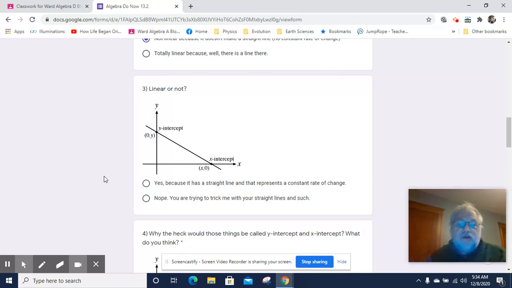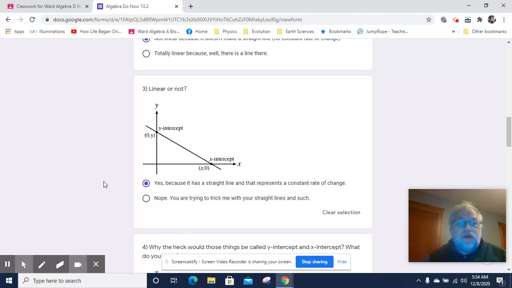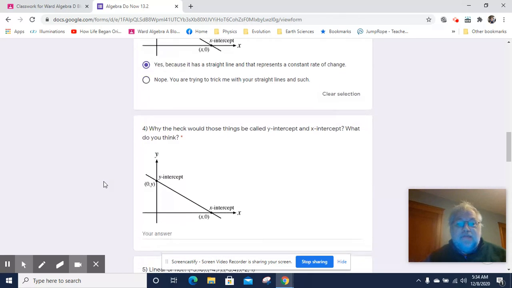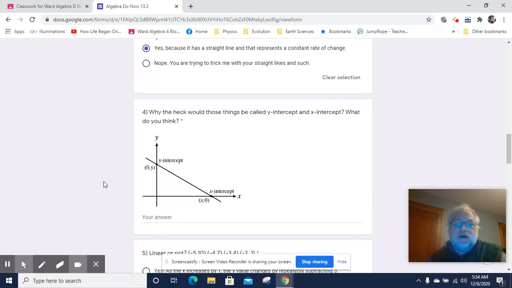Okay, so is this linear or not? Yes, it has a straight line. I'm not trying to trick you at all. In fact, I'm never really trying to trick you, even if it feels like I am. Or what the heck are those things called? Why are those things called y-intercept and x-intercept? Well,